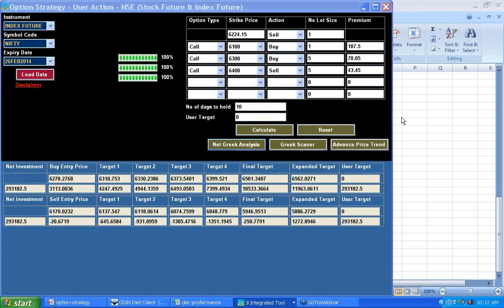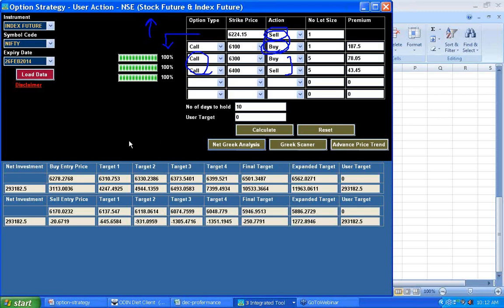In medium volatile condition, to have multiple bull spread along with a future sell and in the money call buy, this I have taken because the trend has started to be down. With the same medium volatility condition, if the trend could be up, then I could have done it in reverse order. So I could have bought a future, bought an in the money put option, and bought some multiple bear spread to have a delta neutral approach. So this also I could have done. But be specific to your requirements.